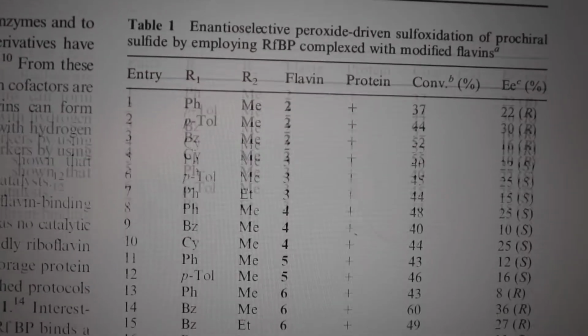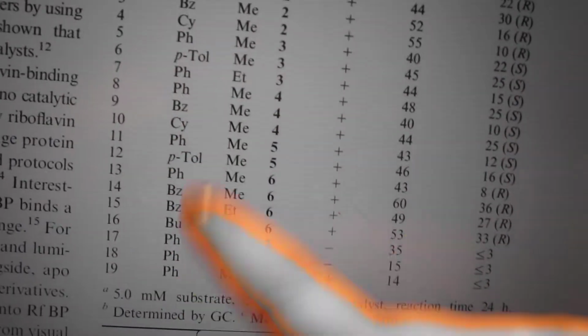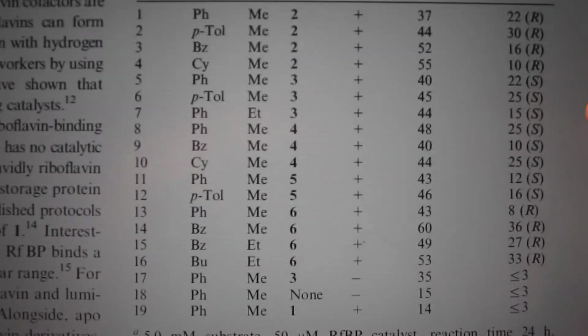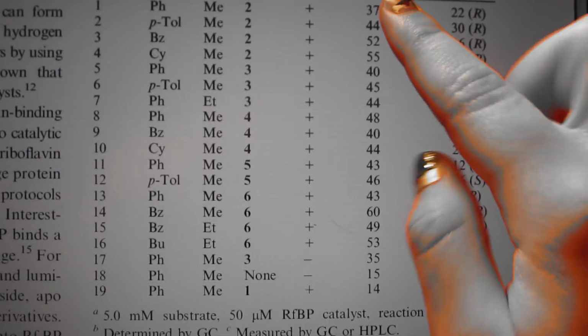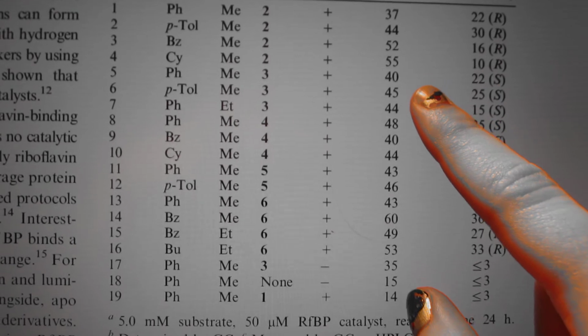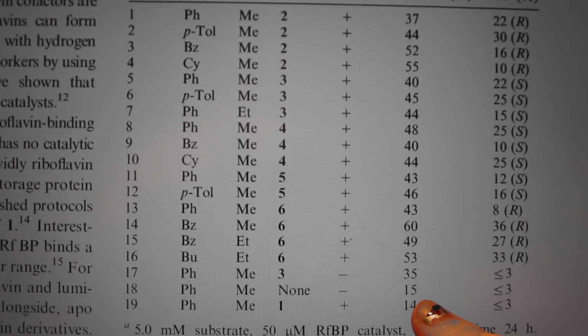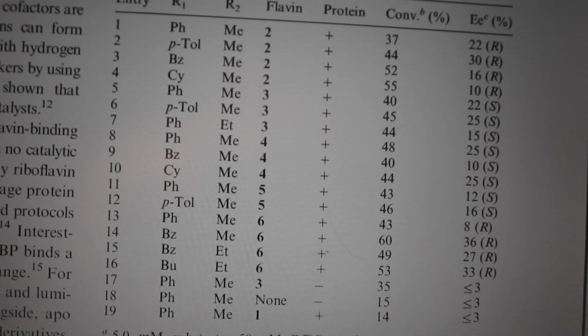This table shows the different R groups and the different entries that they used, and this column indicates how well each one was effective